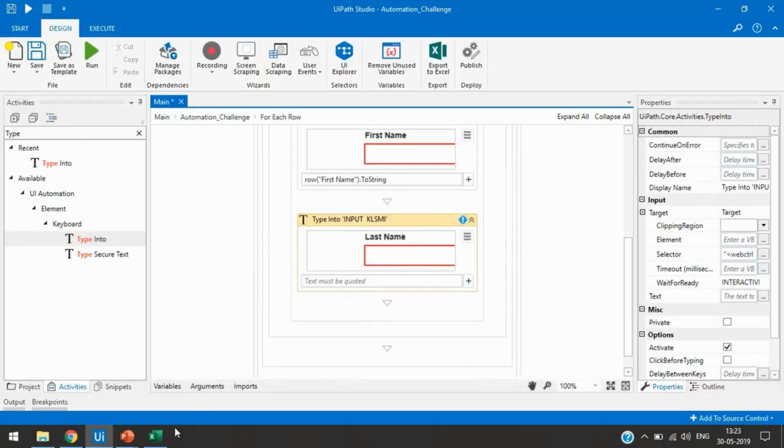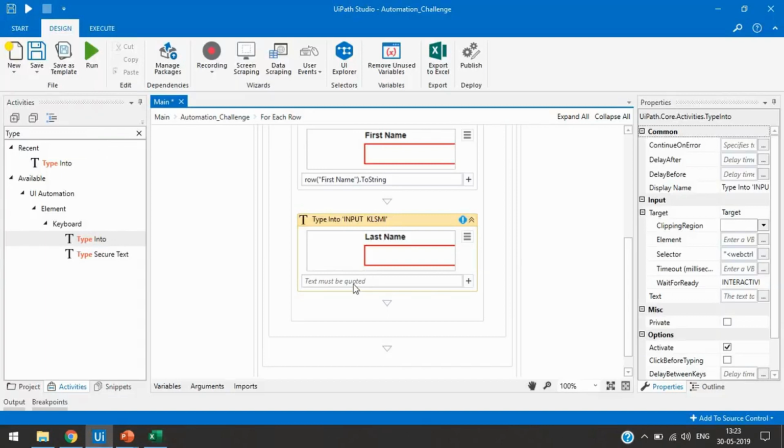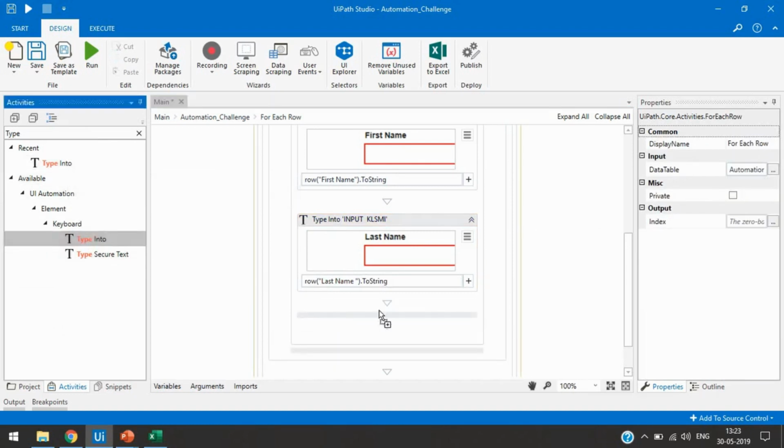Again we'll take the last name from here, then .ToString, and then we'll take another type into activity for the company name.